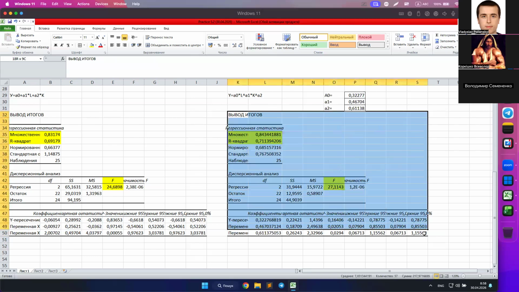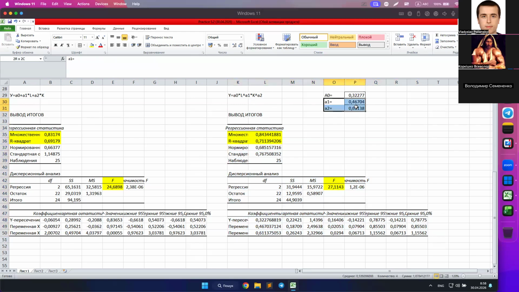So this calculation found for us the coefficients A1 and A2, and we can show these coefficients on our screen. But this model didn't find the correct information about our little a0, because it's not a0, it's big A0. How can we find